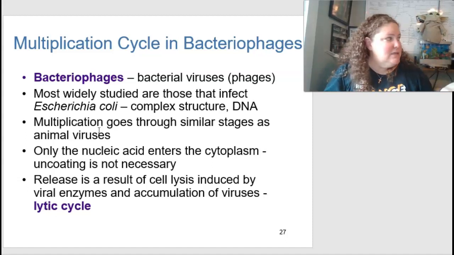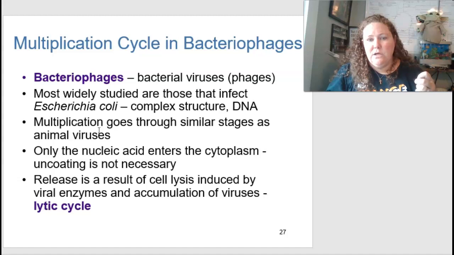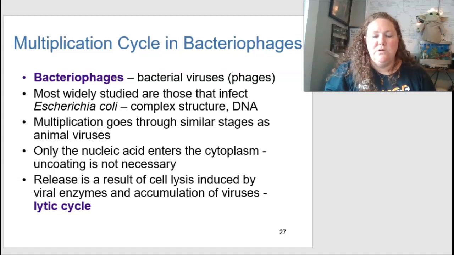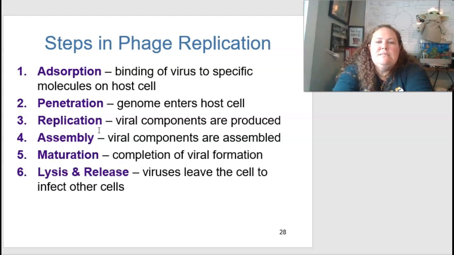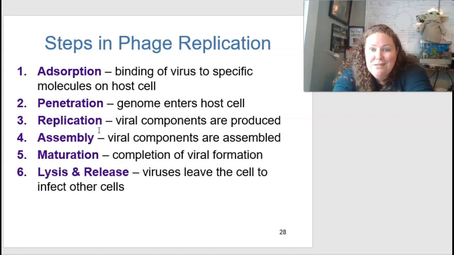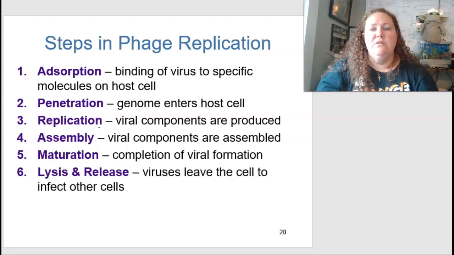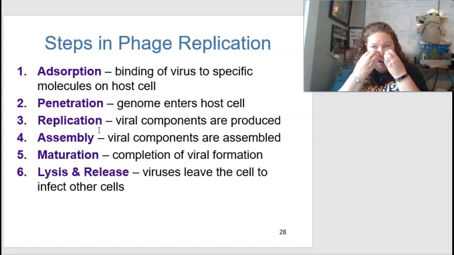So lysis is the actual active word, and lytic is the descriptor. So it would be a lytic cycle. So what are the steps in the phage replication? The first one would be adsorption, which is when we bind the virus to a specific molecule on the host cell. The second would be penetration, and this is where that genome is going to inject itself or enter into that host cell. We have replication, and this is where the viral components take over, and they're going to